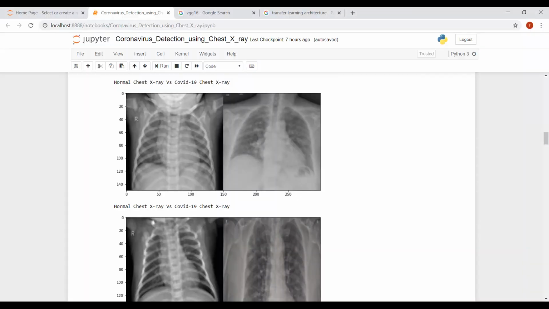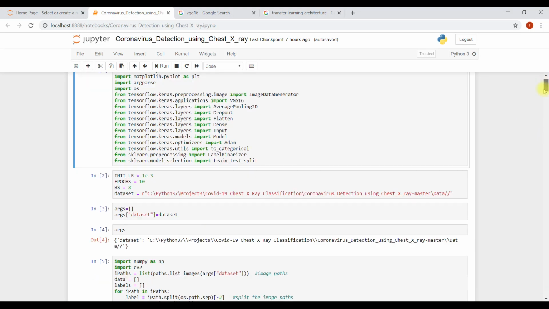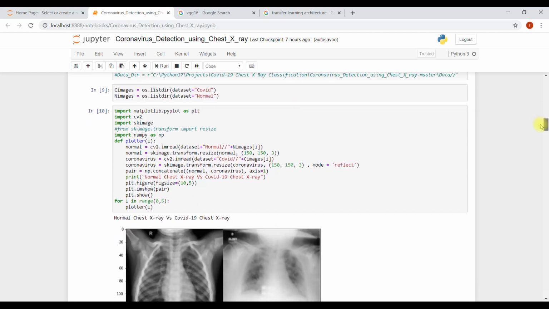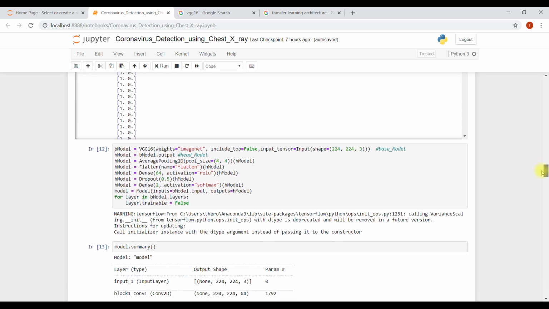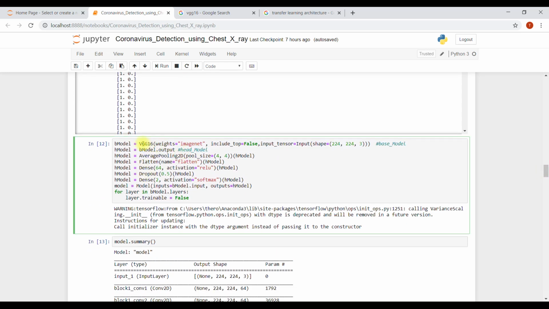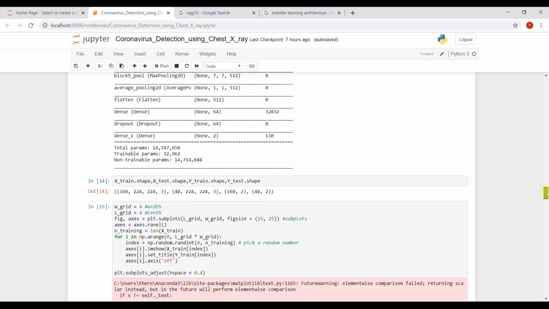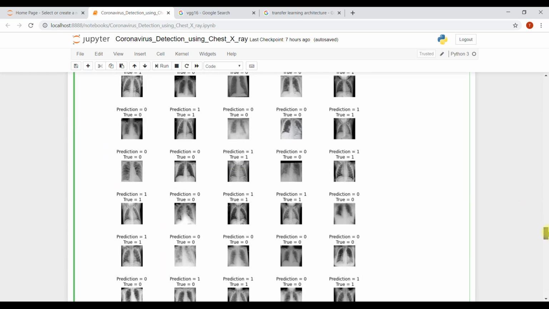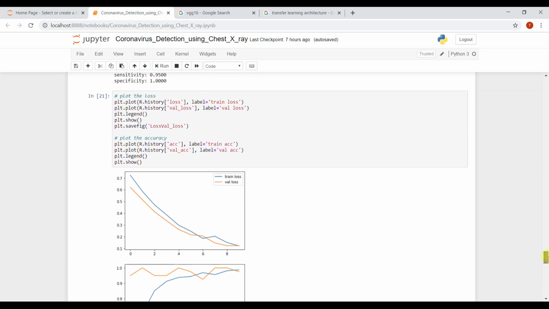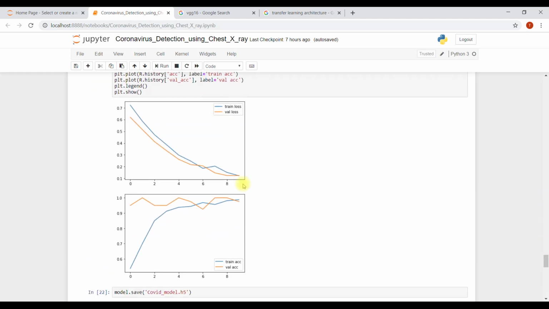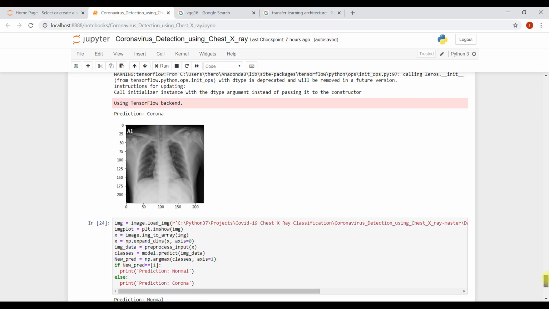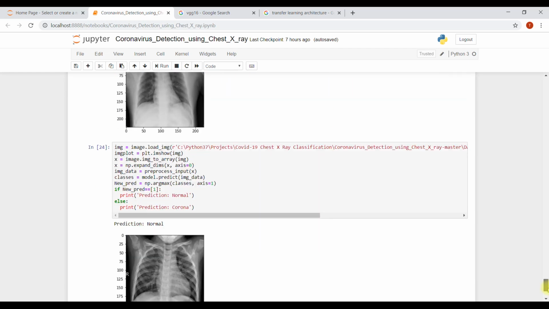See, so we have the data, and then what we're gonna do, we're just gonna import some libraries and do pre-processing tasks and everything. And then we're gonna use our transfer learning method. Let me tell you what is the transfer learning method and what is VGG16. Okay, so see, this is the architecture we're gonna make, and then we're gonna train, and then we're gonna predict, and then you can see we can plot training loss, validation loss, training accuracy, validation accuracy, and then we can predict on a single image also if the person is having coronavirus or not.